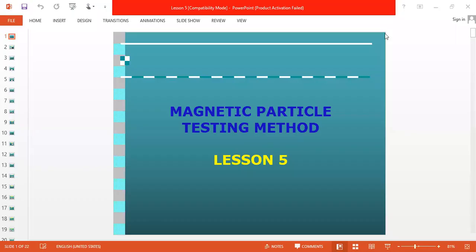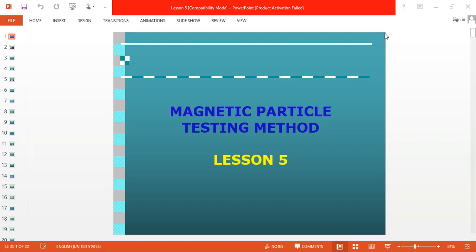The principle of magnetic particle testing: if we apply current to ferromagnetic material, the specimen becomes a magnet, and there is north and south pole formation. If there is any discontinuity, then lines of force come out of the job, and we get dissimilar north and south poles. If we apply iron particles there, we get an indication on the surface of the job. So that is the principle of magnetic particle testing.